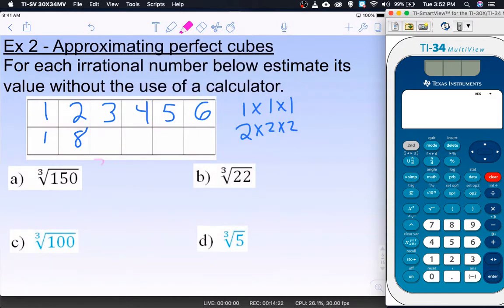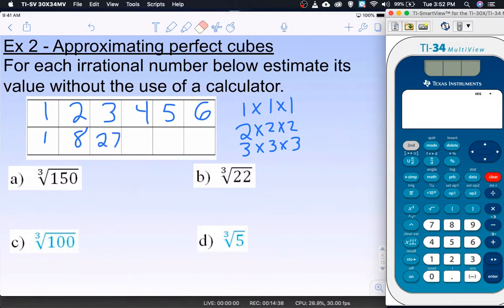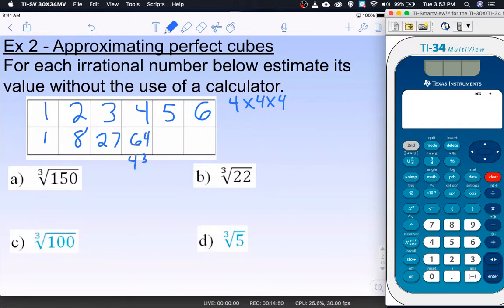Okay. 3 cubed. That's 3 times 3 times 3. 3 times 3 is 9. 9 times 3 is 27. And now we're probably getting out of your comfort zone. 4 times 4 times 4, that is 4 cubed, is going to be 64. 5 cubed, 5 times 5 times 5, is 125. And lastly, 6 cubed is